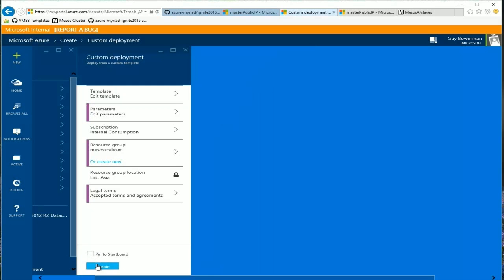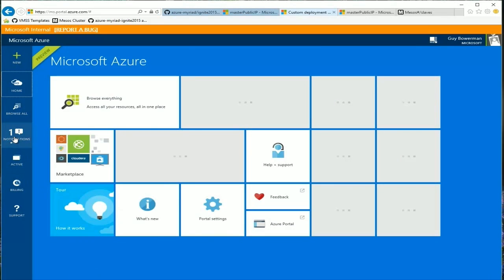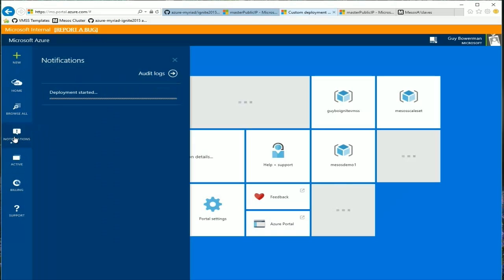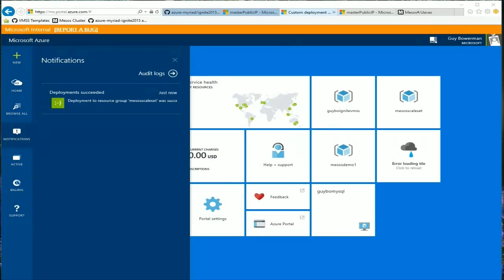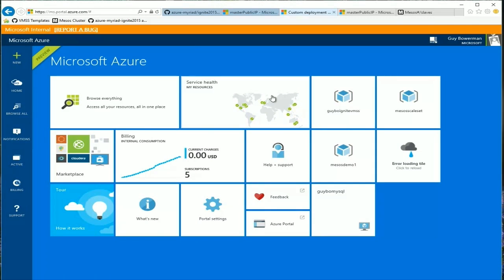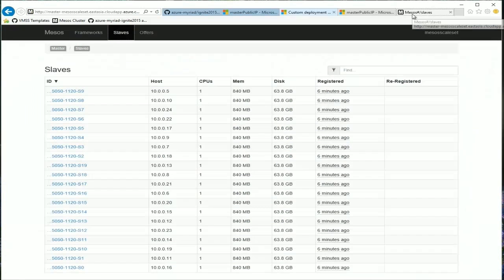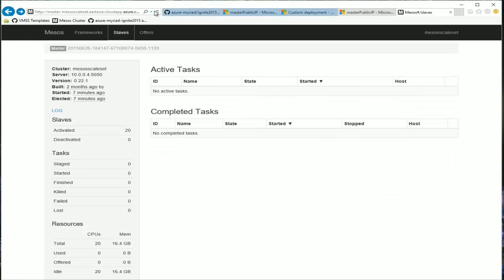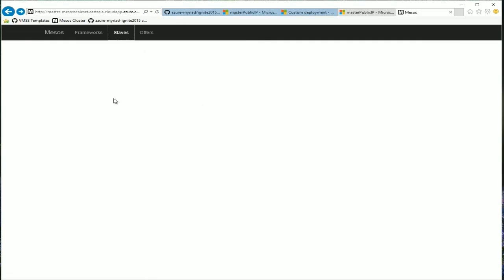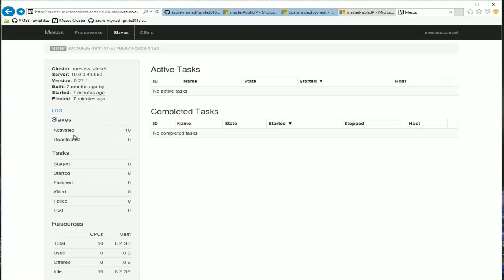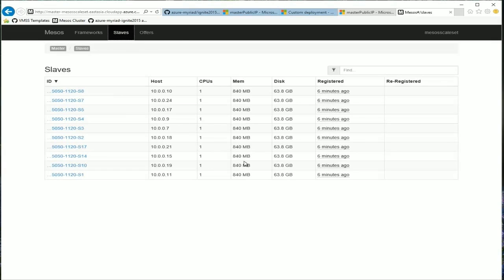I say go create, and what this template is going to do is actively update a running VM scale set which had 20 slaves, to scale in to 10, and do so without compromising on availability. The placement of all the VMs is in an availability set, so you're not willy-nilly shooting VMs down, right? And now if you go back to the master VM, which is showing the Mesos cluster running, and let's see how many slaves, and it has 10. Pretty quick, right? Now if you were to do it all by yourself, it would have taken a long time. You're playing with scripts. If you had errors, something fails, something impacted the production, nothing of that sort, right?